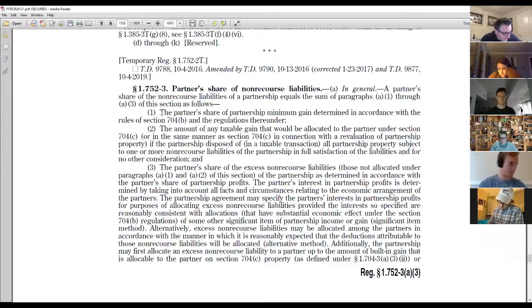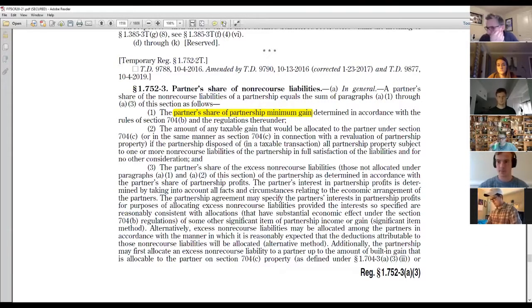And we have tier 1, we're going to give each partner their share of partnership minimum gain. The partner's share of partnership minimum gain. Now you can see why we had to come back to 752. Because in order to fully explore this, we have to know, well, what's partnership minimum gain? Well, we've already learned what partnership minimum gain is. We'll have a refresher course today, but it generally means the allocations of non-recourse deductions previously allocated to that partner. Non-recourse deductions are the ones for which the lender bears the economic risk of loss, bears the economic burden